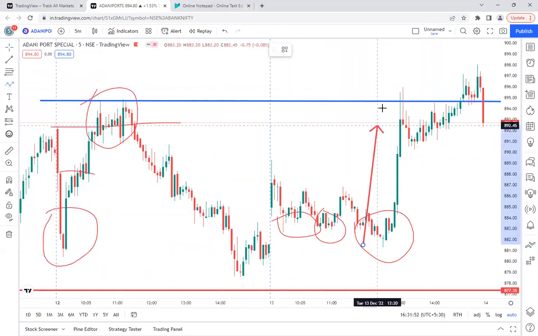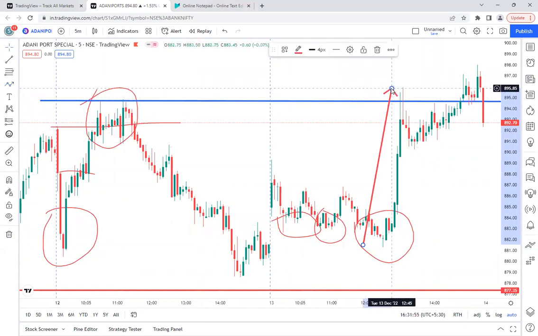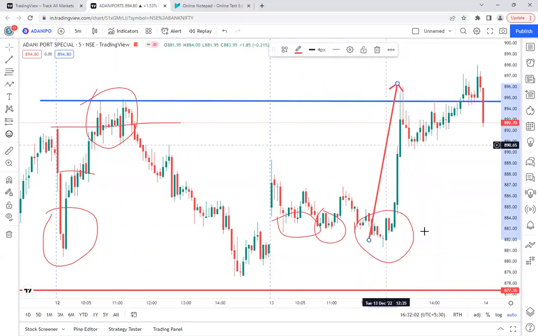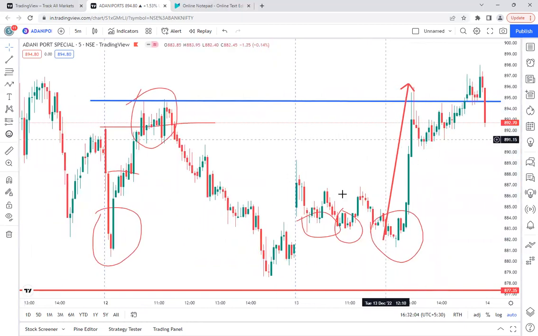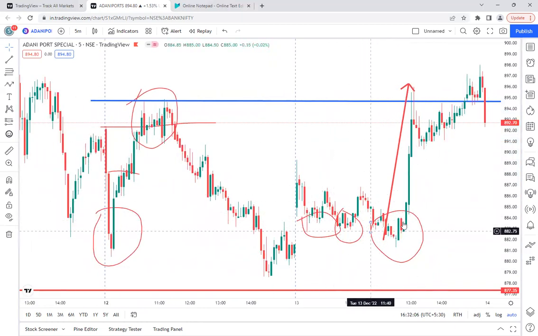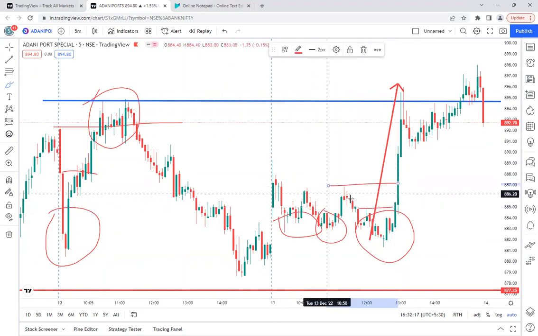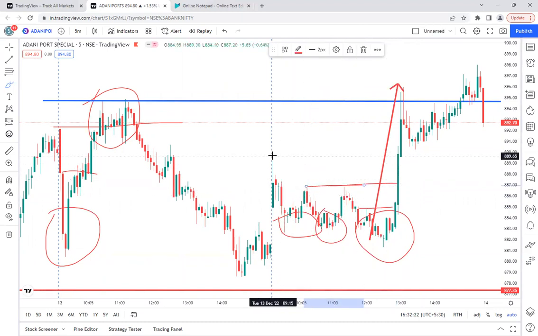Who can do this kind of move? Only the big players can do this kind of huge reversal. And they know that these sellers, those who are taking the intraday positions here, might have hardly kept their stop losses just above the last lower high, or some people might have kept their stop loss just here, because here they failed in 2 attempts of buying, right? So they might be keeping the stop loss here. Either they might have kept their stop loss just above the day high also.